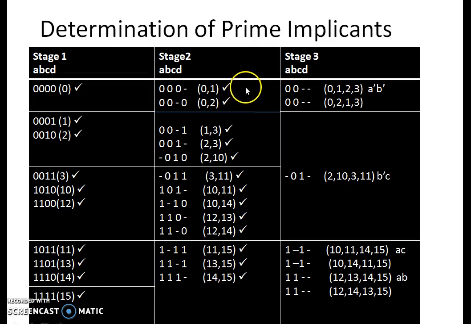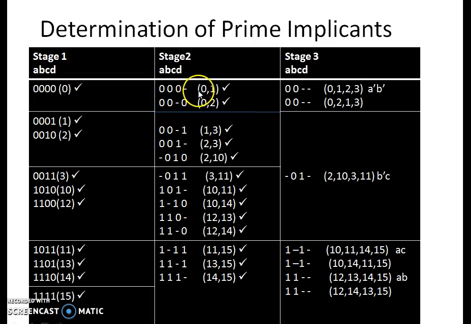Next, now when I come to stage 2, I have to look for 2 variable elimination. From the first stage, I eliminated 1 variable. From the second stage, I have to eliminate 2 variables. It's as good as a quad in your K-maps. So now the criteria here is, the first criterion is that the hyphens must be in the same position. Whenever I am comparing 2 combinations, the hyphens must be in the same position and they should differ by 1 bit.